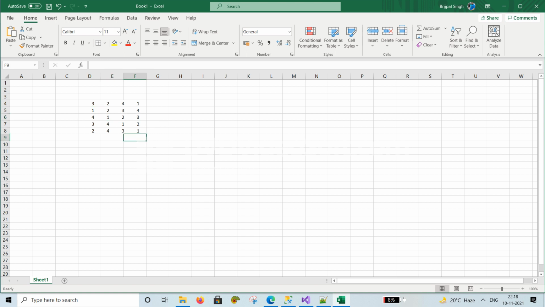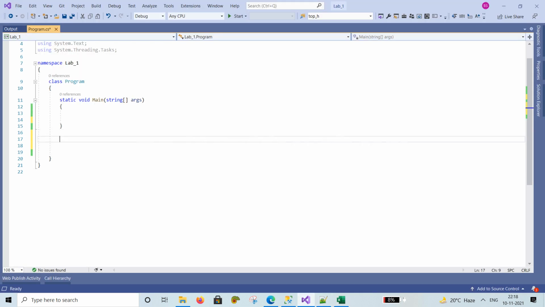So the task is how to generate these numbers using a C# program. So now we will write a C# program for generating this unique integer random set of numbers. To do this, I have created a method that returns a list of unique integers, a list of int, and made the method static,